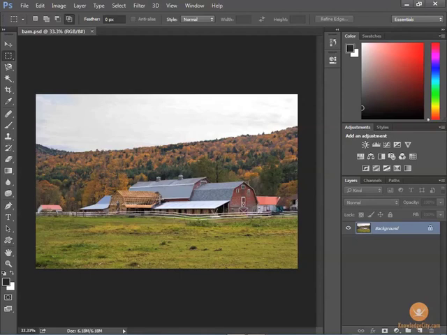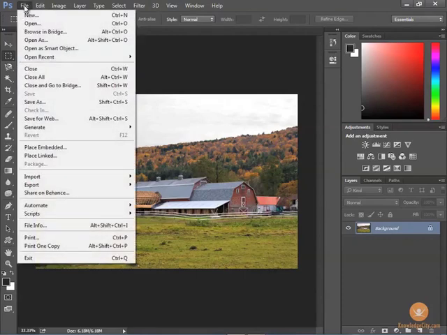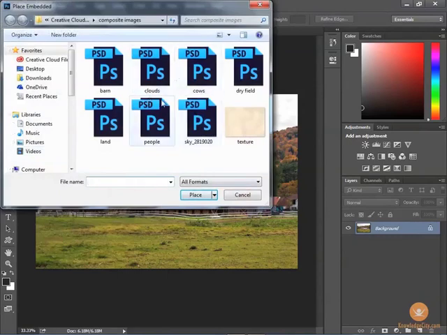Same thing with the placing that I'm going to show you, because the placing can be different also. You can have that resize checked or not checked. So right now that resize is not checked. So if I bring in an image that's 300 ppi but a larger size than this image, this is what's going to happen. I'm going to go ahead and place it embedded because my file is not too large. If I bring in these clouds here,